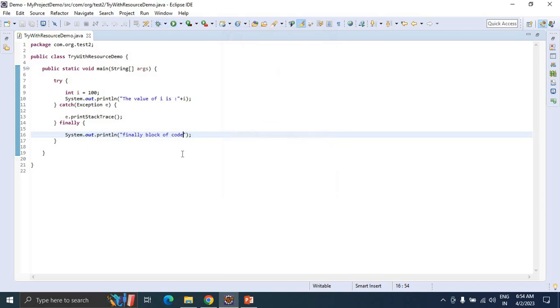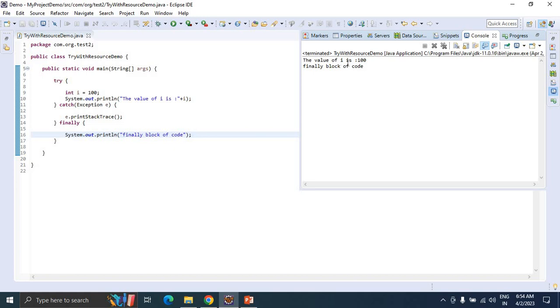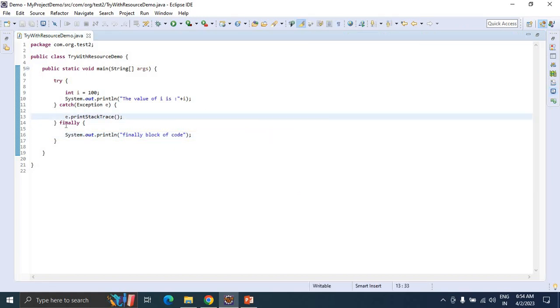See here, the value of i is 100, and finally block of code. Generally, as we know, irrespective of whether the exception is raised or not, the finally block will be executed by default. This is how try, catch and finally work. But if we go for